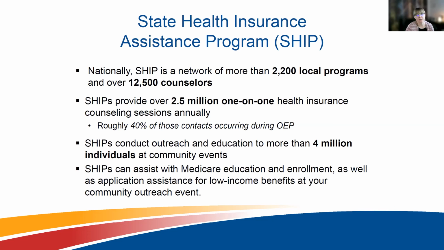The SHIP mission is to empower, educate, and assist Medicare eligible individuals through objective outreach, counseling, and training. And there are 54 SHIP grantees, so that is one in all 50 states, Puerto Rico, Guam, the District of Columbia, and the U.S. Virgin Islands. SHIP services are delivered by the state units on aging or the Department of Insurance, depending on the decision in their state. And it's done in partnership often with their local area agencies on aging and other community-based partners.